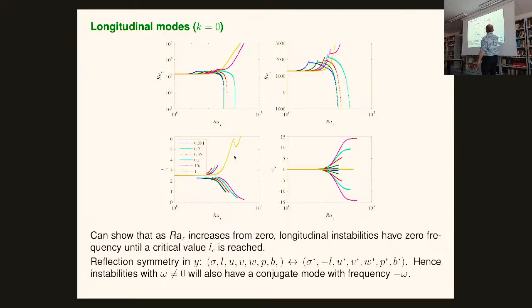So over here, these are instabilities that have 0 frequency. Let's say this purple one. There's the purple one. And then at this point here, whatever that is, somewhere in the hundreds, it jumps down to a different mode that has a non-zero frequency. And you can see these jumps everywhere. So the longitudinal instabilities are different. And we have a reflection symmetry, and that tells you that if this mode exists, so does its complex conjugate. So that's natural.